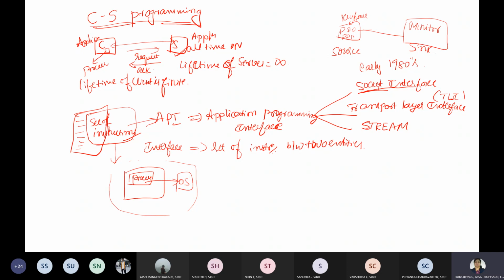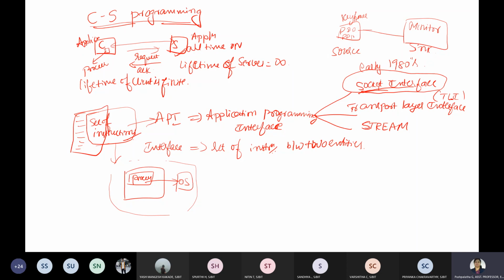I use the same instructions, but the only thing is I'm adding new sources and sinks. That's it. Whether it is keyboard, monitor, or another system. That means the socket interface: the instructions are pre-built, it just uses those instructions of a specific programming language, the set of instructions, and tries to interface.